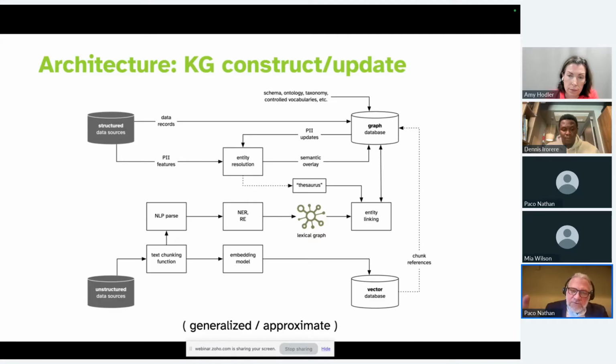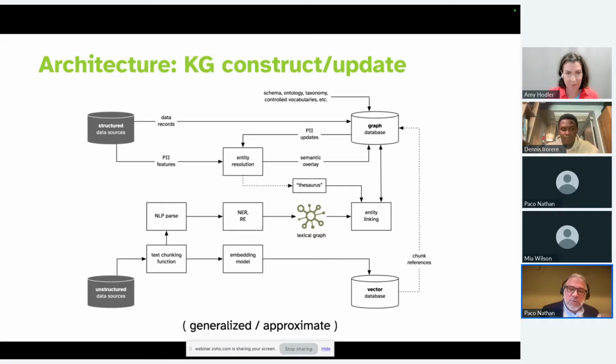the idea is start out with your structured data sources, start out with whatever, if you have taxonomy, ontology, schema, control vocabulary, etc. Start out with that, bring in your structured data sources. And I work in an area where people build graphs using entity resolution to figure out where are the consistent entities across different data sources. How can you sort of tie these together and provide that as a kind of semantic overlay? Basically, take the top half of this diagram to build up the backbone for your graph to really guide what happens downstream. The bottom half of this graph is what we'll do in the talk today and the demo.